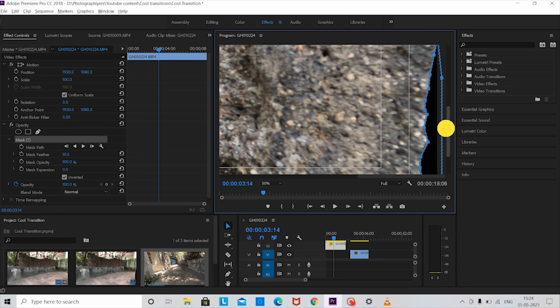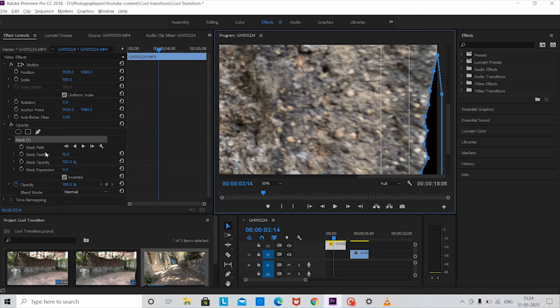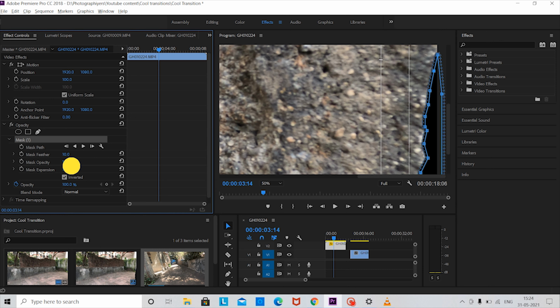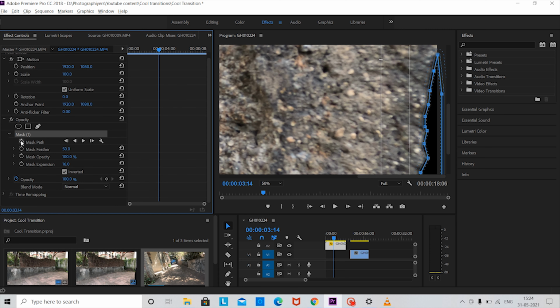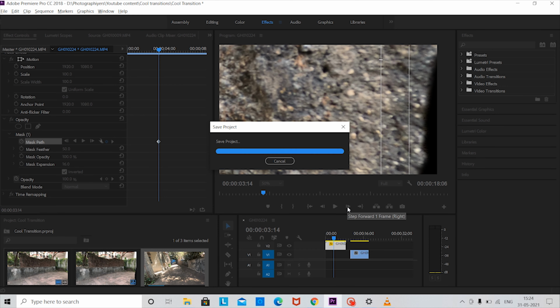Yeah, so that's it. After that you need to go again to the mask tab over here in the FX control. You need to increase the mask expansion and also add some feather to it so that there is no sharp edge to the mask. I would prefer it to be around 50%. Okay, and make sure that you click on this toggle animation over here. This actually creates keyframes. It saves changes of all the masking shapes that you do in the next frames ahead.